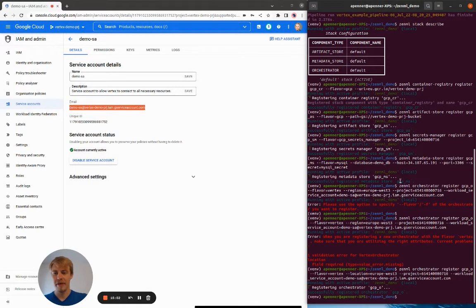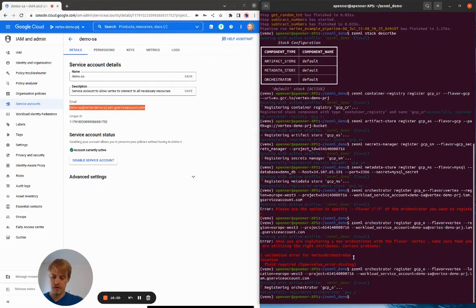So now finally we have all our Stack components. Time to assemble them. And to do this, let's make this window a bit bigger for you. We're going to be creating our stack. So this is going to be our Vertex Stack. Orchestrator is going to be the GCP orchestrator. Our artifact store is going to be our, so all the components we just created, we're going to now add